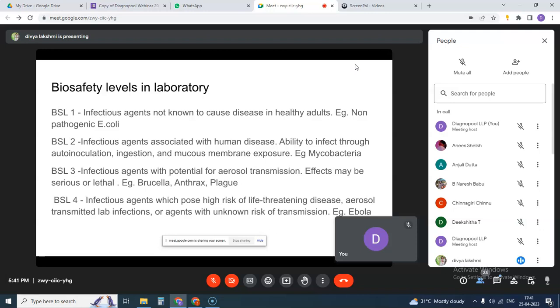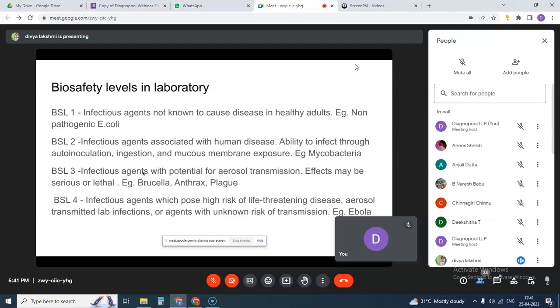So, biosafety levels in laboratory. The laboratories are classified as BSL 1, 2, 3 and 4 depending upon the infectious agents used in the labs. The labs are called BSL 1 labs if the infectious agents are not known to cause disease in healthy adults, for example, non-pathogenic E. coli. If the infectious agents are associated with human disease, which can infect by auto-inoculation, ingestion, and mucous membrane exposure, like mycobacteria, these kinds of labs are called BSL